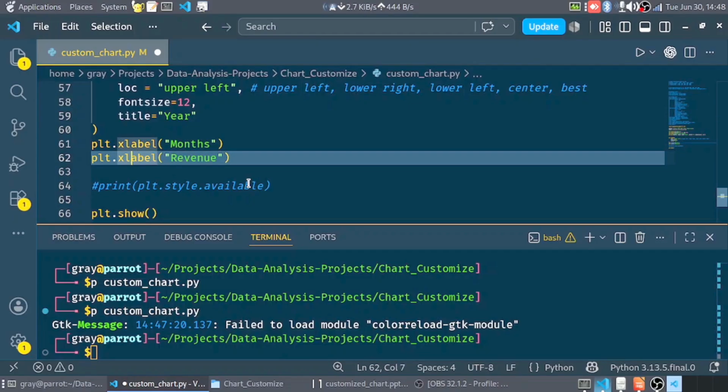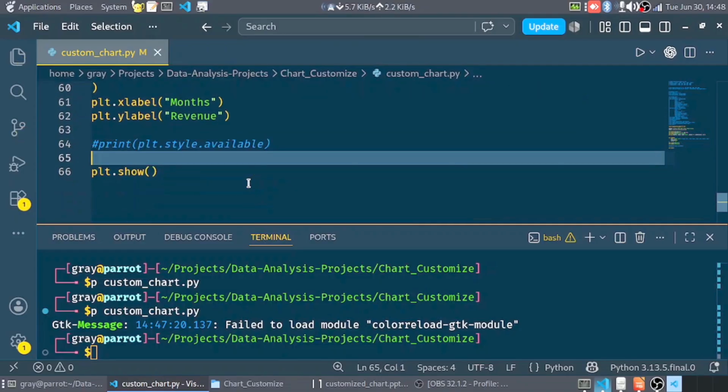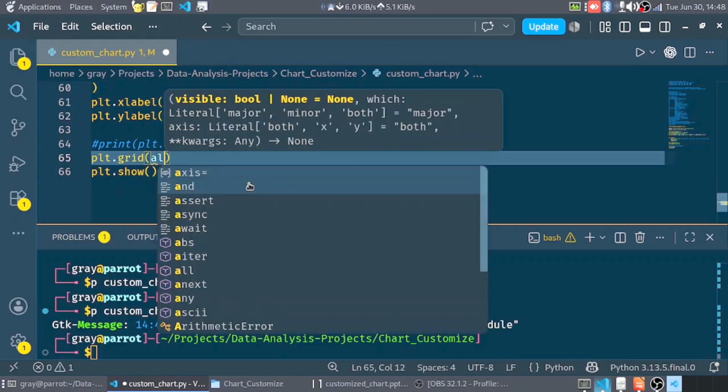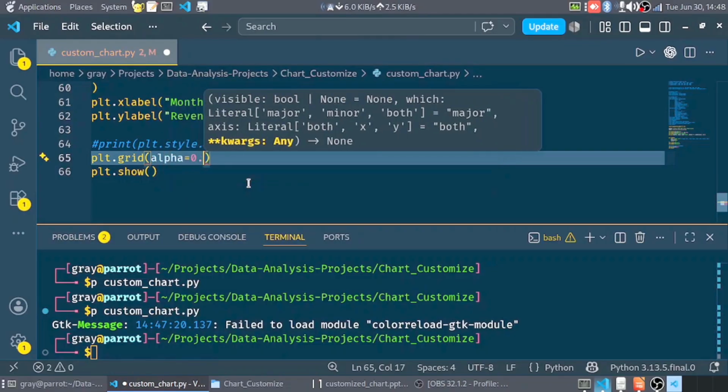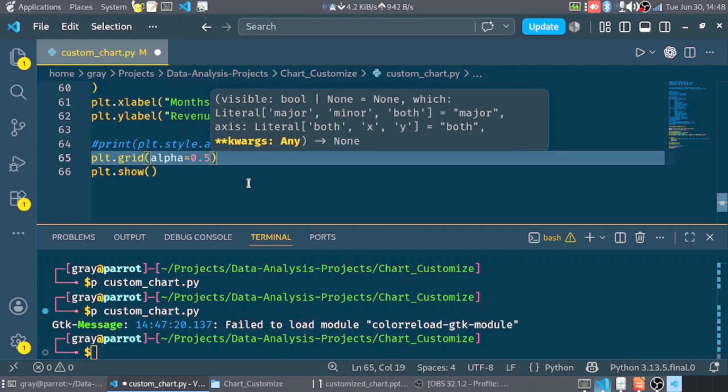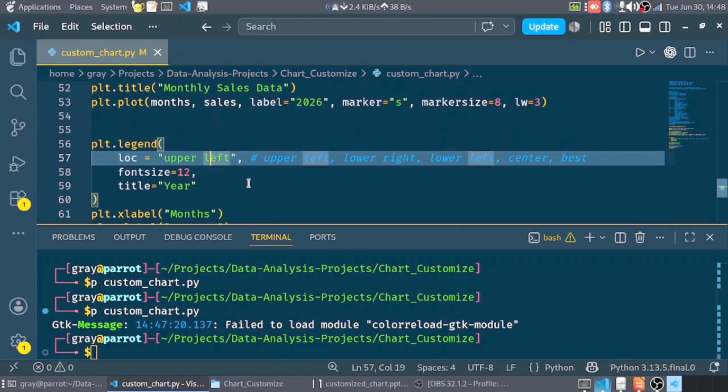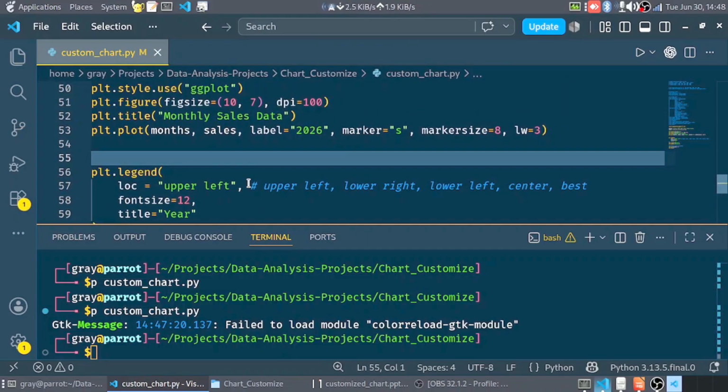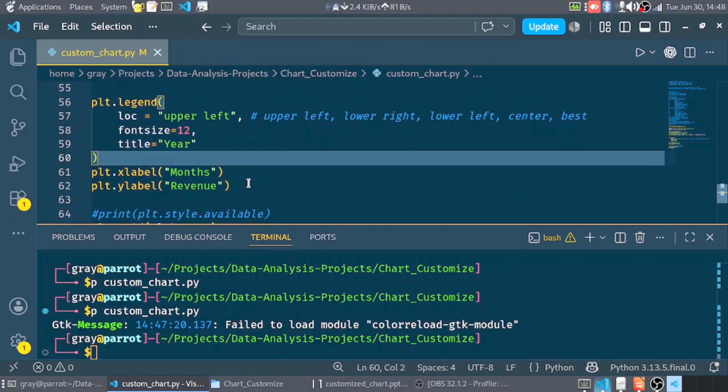And then I might use plt.grid, I say I need alpha of 0.5, and then I would like to annotate here